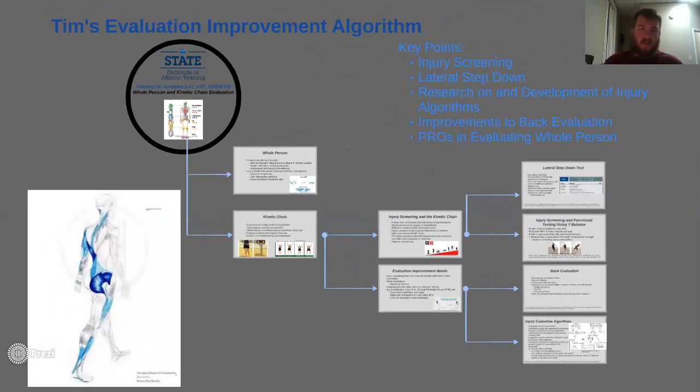So once again, the key points about my evaluation improvement algorithm: using injury screening tools, using things like the lateral step down during rehabilitation or other parts to identify deficits, using research on and developing of injury algorithms, and improvements to back evaluation, and using PROs and valuing the whole person. All these things will really help